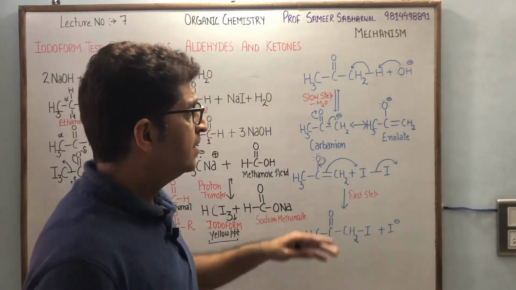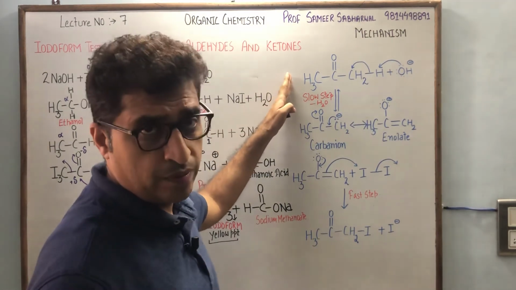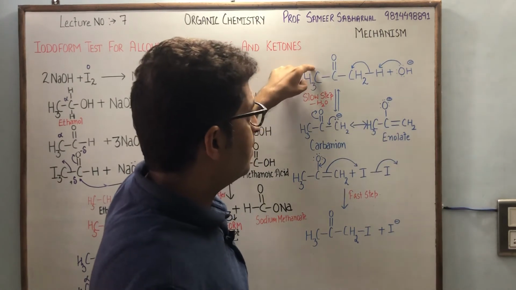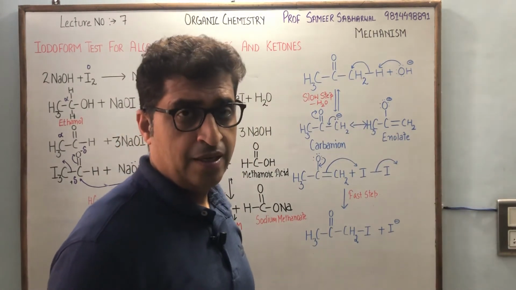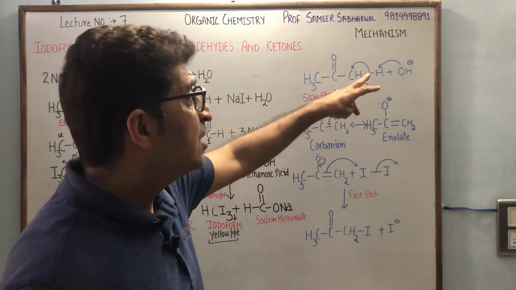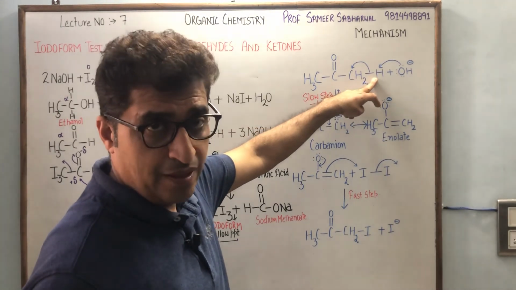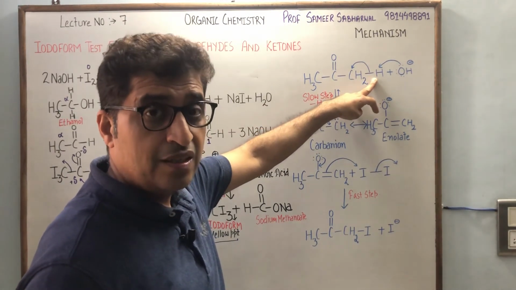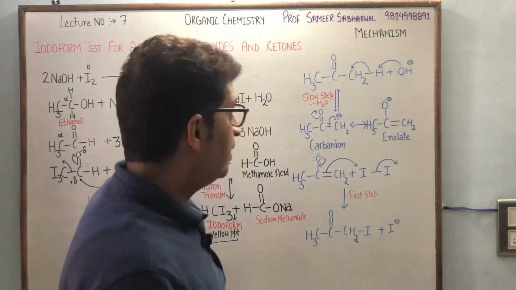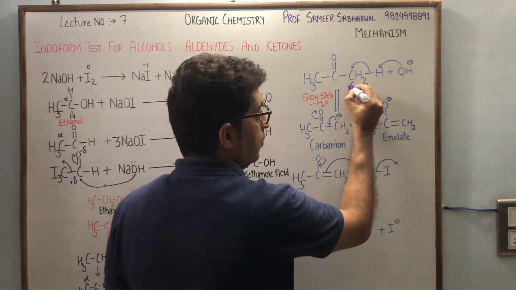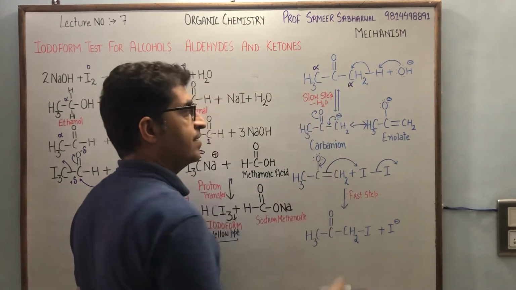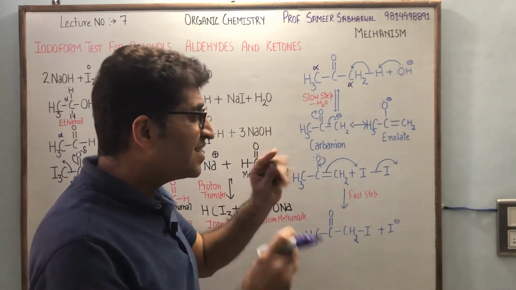Now see what happens. Here I have taken propanone. You can see C double bond O attached with CH3 and CH3 groups, meaning the alpha carbon is carrying 3 hydrogens. Now this is performed in basic medium. Base removes a proton from the alpha carbon to give us the carbanion CH3 C double bond O CH2 negative. The alpha hydrogen of the carbonyl, or the CH3 group attached on the left hand side, that hydrogen is a little bit acidic.